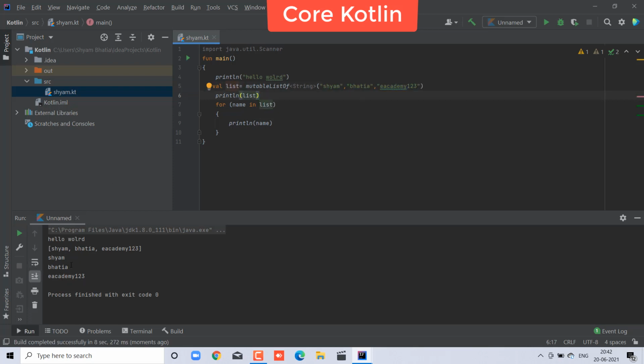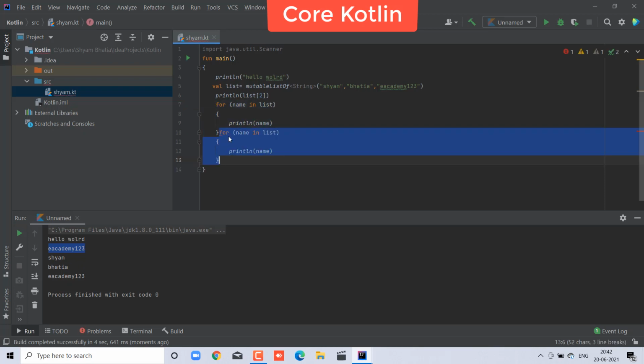Yes, Sham Bhatia. And if you want a particular element from the list, then pass the index, like that 2, then the output will come E Academy. Control S and take the output. So only the E Academy output will show, the whole list will not appear. Yes, Hello World, and after that only E Academy 1 2 3. So that is the placing of that thing. This is very easy and precious, as you take it in a few seconds.